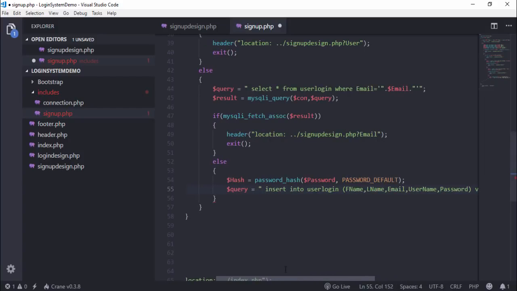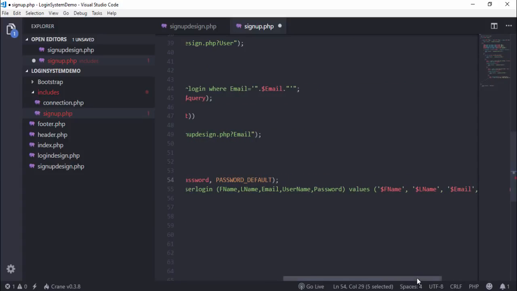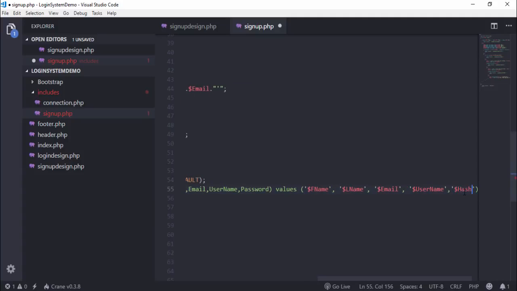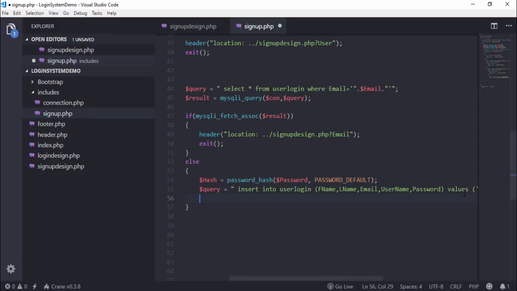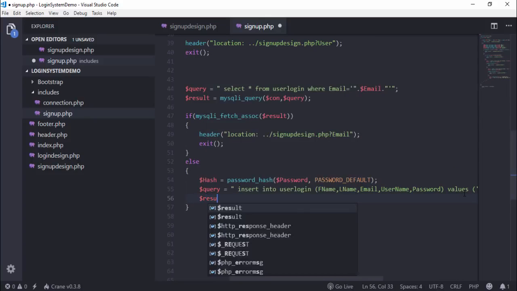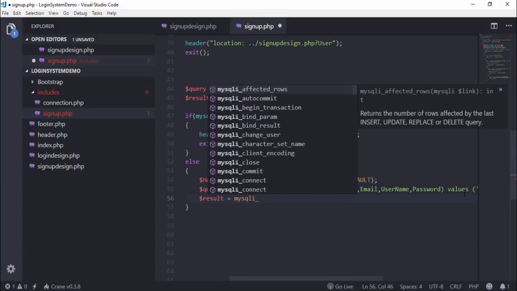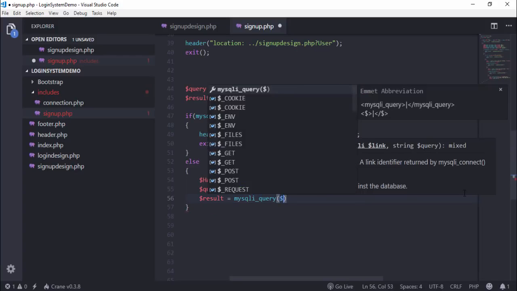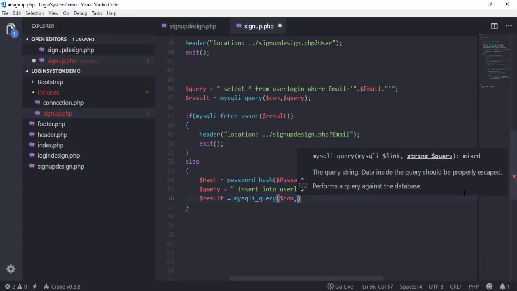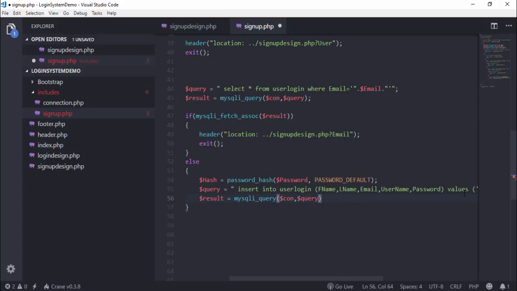I just write this hash password variable, because this variable will store the hashed password. Okay, I'll write the terminator sign. Now you call the result variable and call the MySQLi query, con. This is a connection variable, and query. If result,